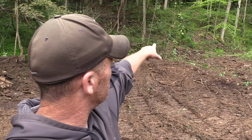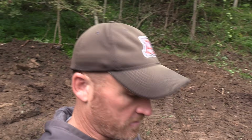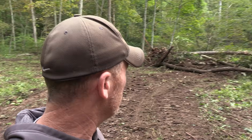But yeah, there's a nice little knoll right up here. It's probably about 15 foot high, and that's where we're going to put the blind. But I'm going to go ahead and throw you guys up there now so that you can watch the rest of this. If you're right here, I've got that brush right here about head level right now,